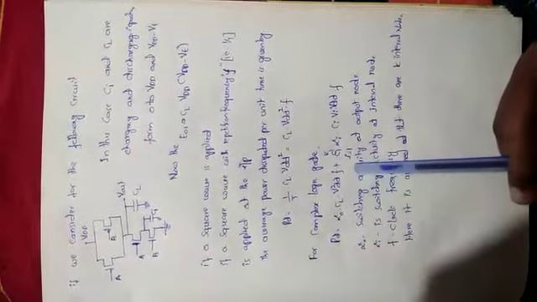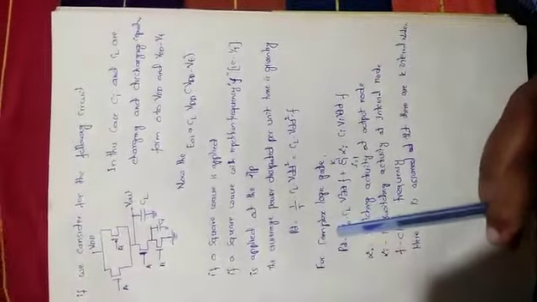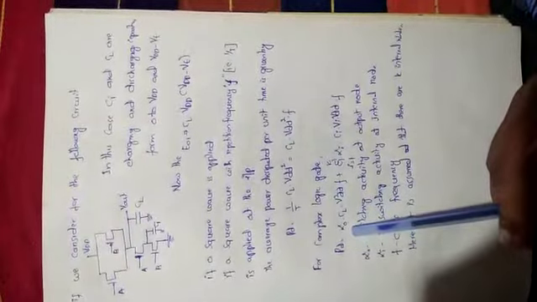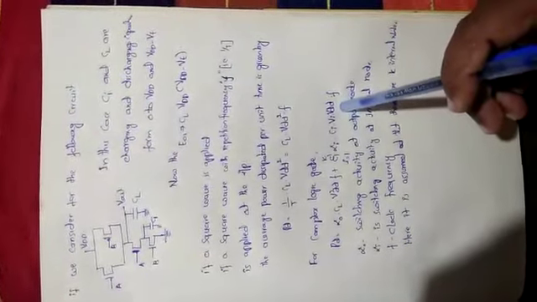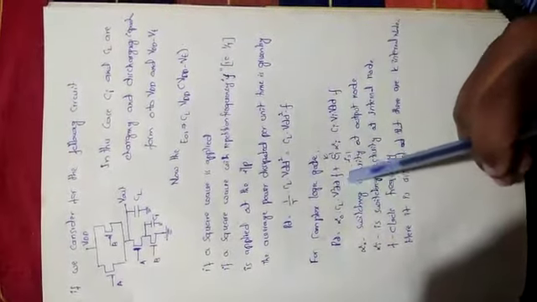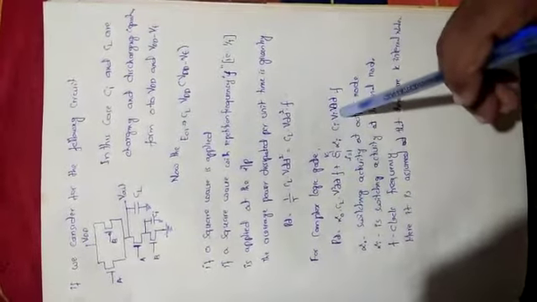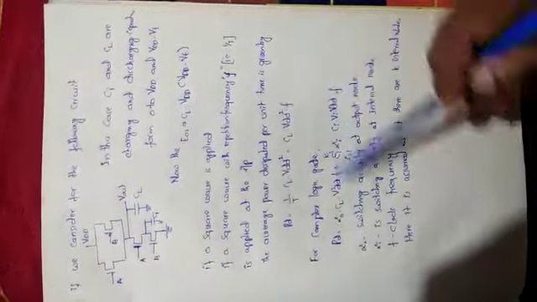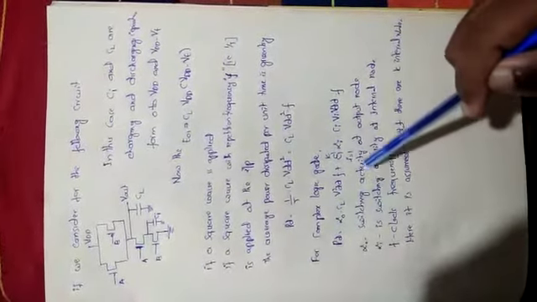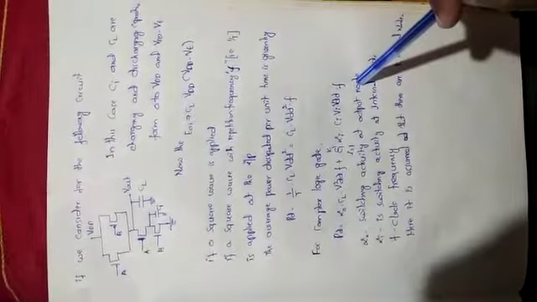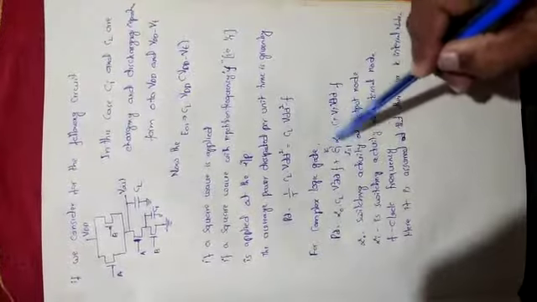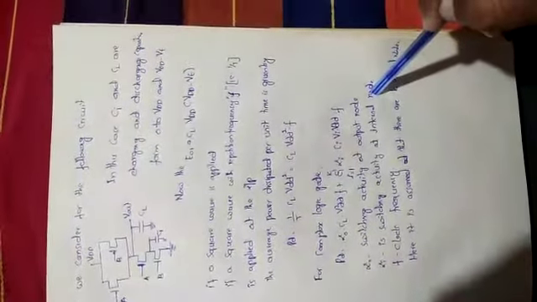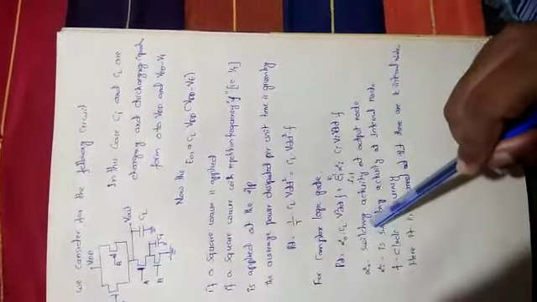In last class we ended the topic with complex logic gates. So the power dissipation in a complex logic gate is given by this expression. In this expression we are already familiar with CL, VDD square, f, CI, VI and VDD. Here the new terms are alpha naught, the switching activity at the output node, and the next parameter, the switching activity at the internal node. Now we will see what switching activity is.